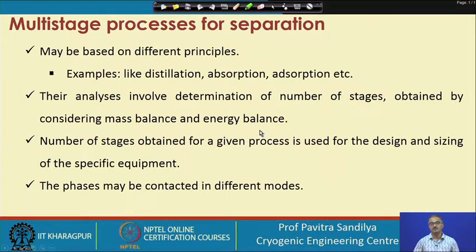This also we have learnt under distillation. So by obtaining the number of stages, what we shall be obtaining? We shall be having the design and the sizing of the specific equipment,